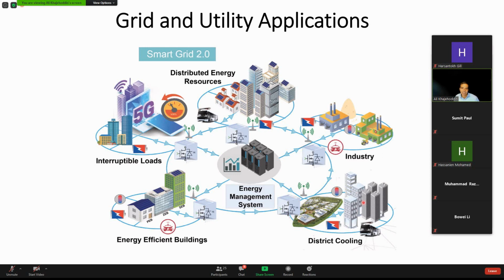You have discrete cooling and interruptible loads, those ones that you can turn off when there's not enough energy or the energy cost is too high, and then turn them back on, the ones that operate on batteries. So all these different things can be connected and controlled. This power flow throughout this system can be controlled through all kinds of power converters along with a strong communication